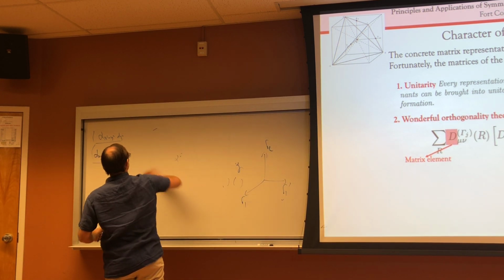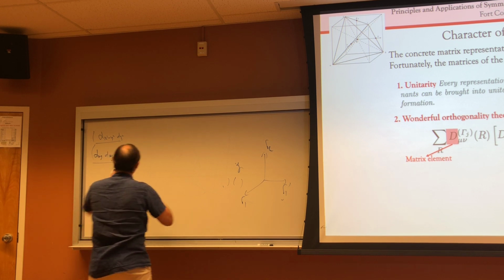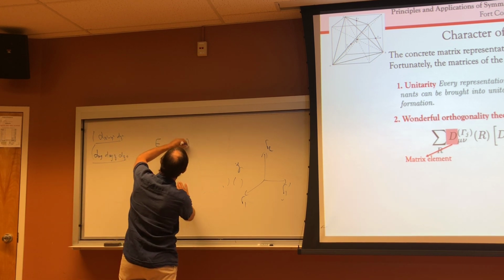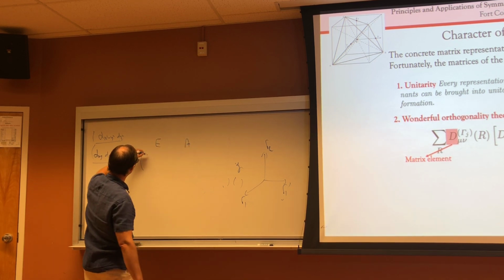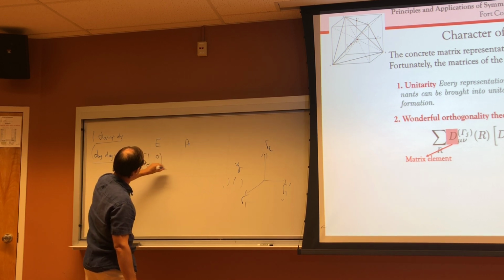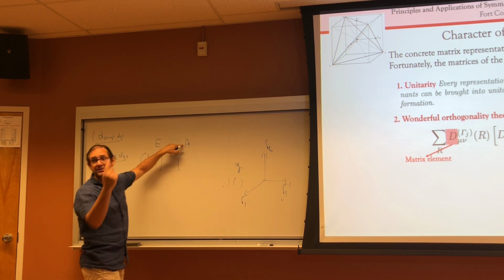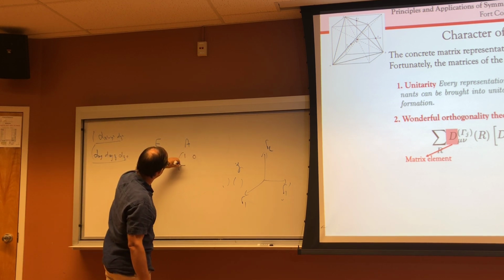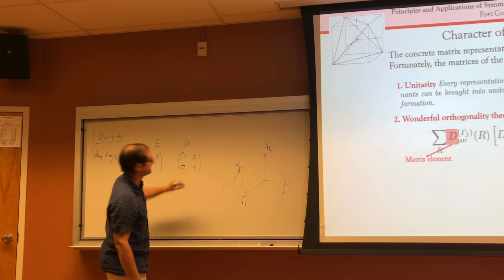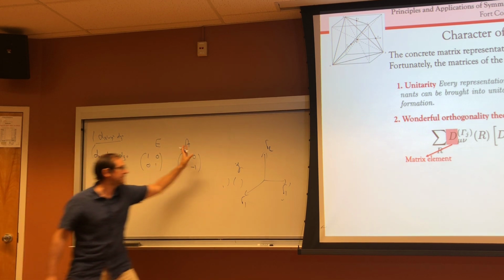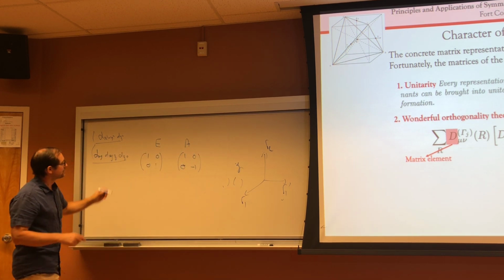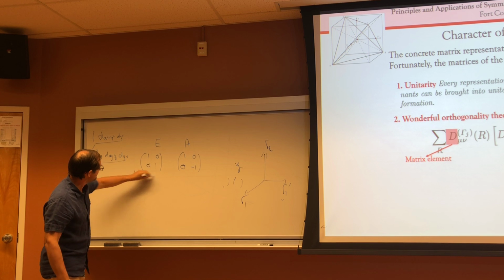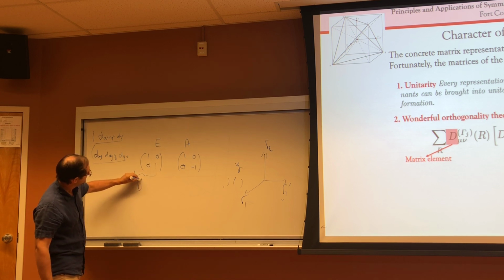I'm just going to take 2 matrices, so it would be much easier. I take E and A. So we said E is the identity. So in 2 dimensions, the matrix is like that. This guy is the rotation around, let's say, the vertical axis. And what we have is something, I think, like that, right? I'm just taking those 2. Of course, we have all the others, but it doesn't matter. So D is that. This is the matrix representation of